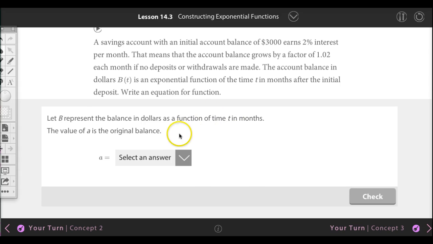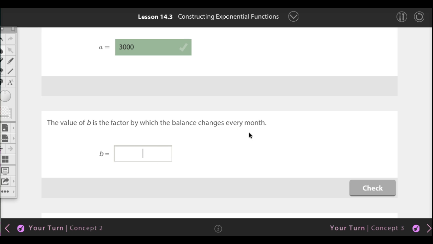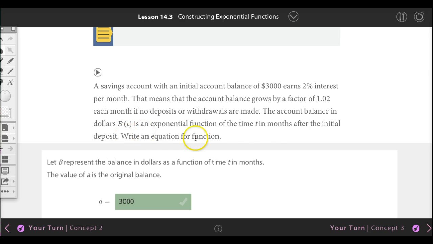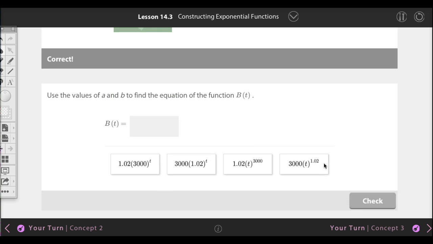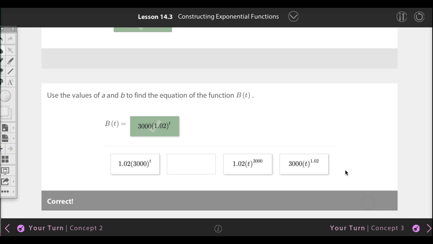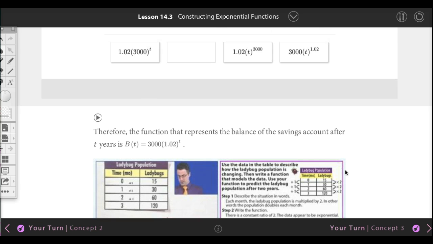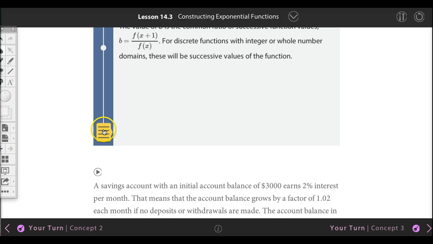So remember what they said, we have to first find an A. What is an A? The A is the original balance, and so the original balance is $3,000, so you're going to find 3,000, and that's correct. The value of B is the factor by which the balance changes every month, and they already told you that right here. So I'm going to put 1.02, and that's going to be correct. So then now you can go ahead and come up with a formula, and that would be this one right here. Okay, so now of course you're gonna be like, hey Miss Choi, what are you doing? I have no idea what you're doing. And that's okay,